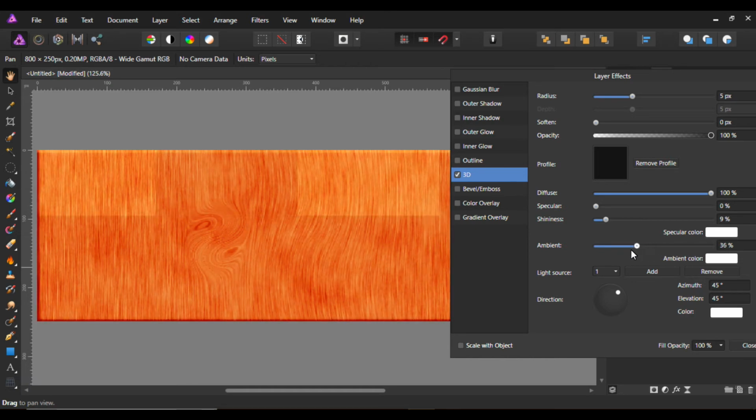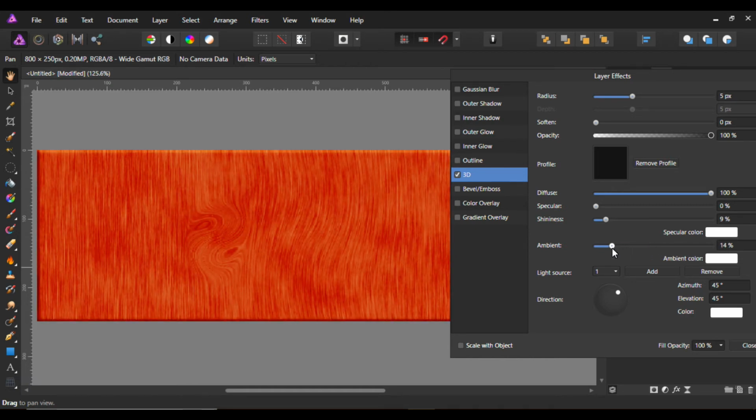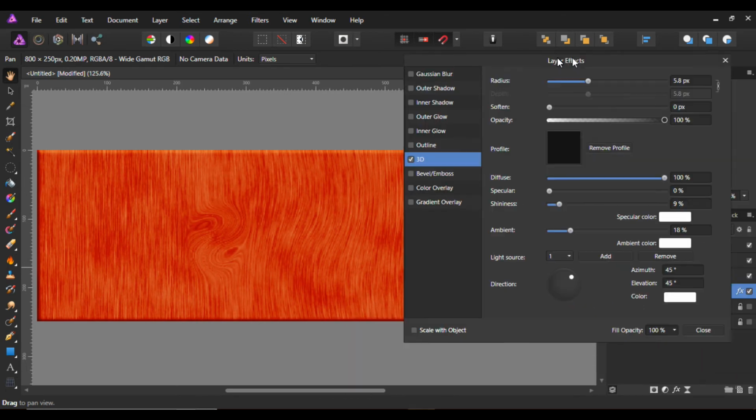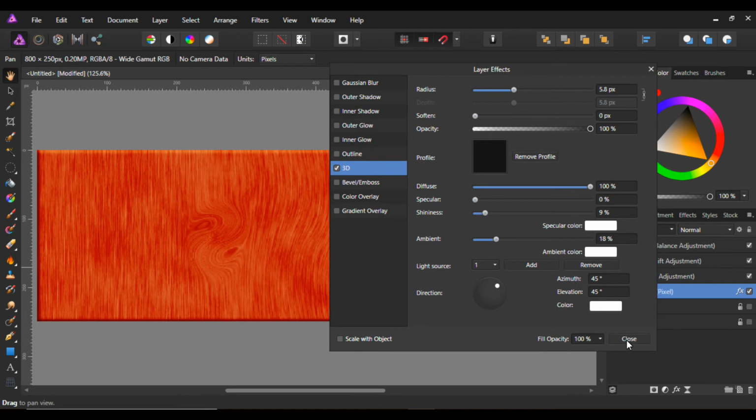Could bring the ambient light up or darkness down some, and bring up the radius a little bit on how you want your wood to be textured. It's just a matter of what it is that you like. All right, we're starting to get that look that I like. I'm going to hit